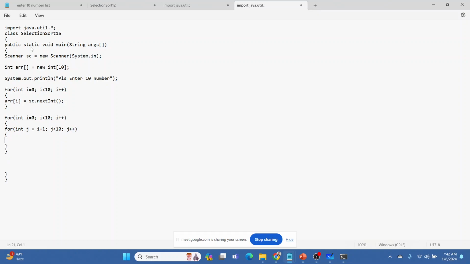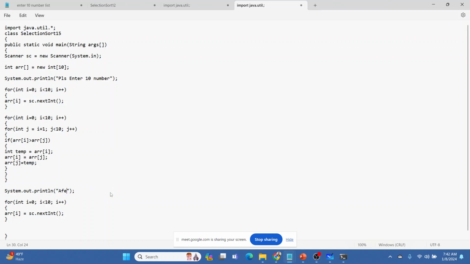After that we need one condition where we say okay, arr[i] is bigger than arr[j], so we need to swap them. So int temp is equal to arr[i], arr[i] is equal to arr[j], and arr[j] is equal to temp. So we have swapped those numbers. The program is done. Now we will put output to this program.